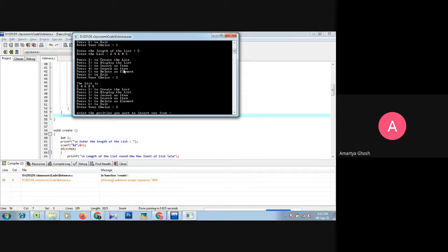So position is 2. First of all, I check the position. Suppose there are 5 elements, maximum position is 6, but suppose the position is 7. So that is invalid. Then enter the item to be inserted: 6.